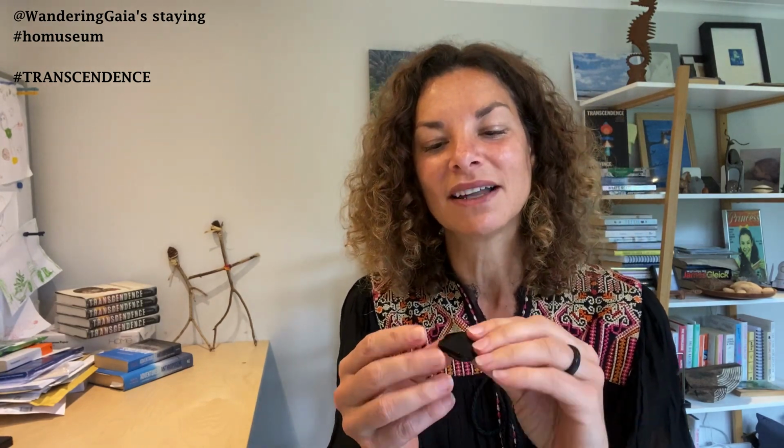Today's object is a black volcanic glass that forms when molten lava hits cool water. It's obsidian. Now you can find obsidian widely across the world in places where there's been, geologically speaking, relatively recent volcanic activity. The rock is occasionally coloured, where a mineral gets swirled into the churning lava, but usually it's black,